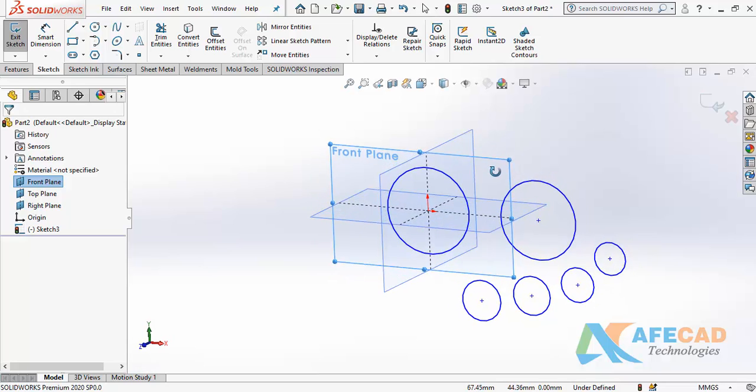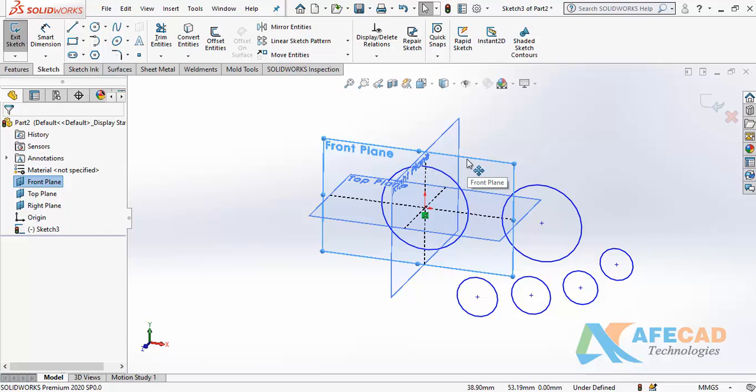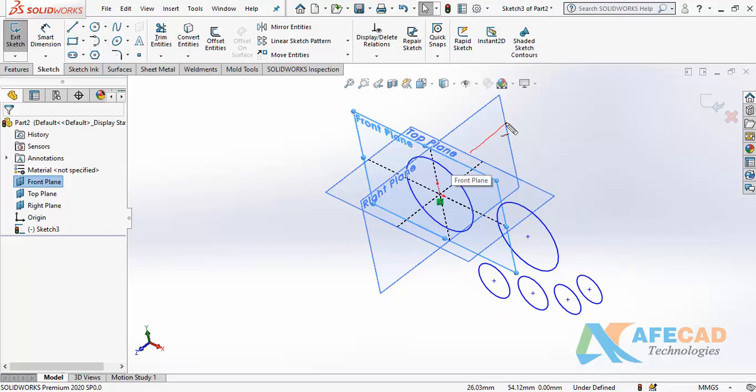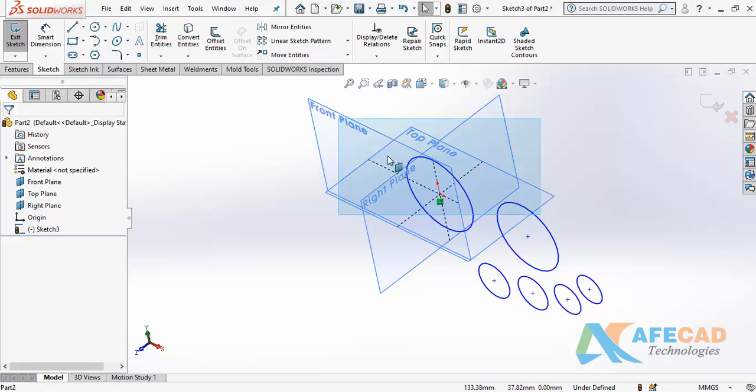As you are seeing, this is my plane. You cannot move it in this direction and in this direction. You cannot move this plane that way. It can move in this direction only, in its reference position, because a plane always has infinite area. So I can click anywhere and just move it anywhere like this.